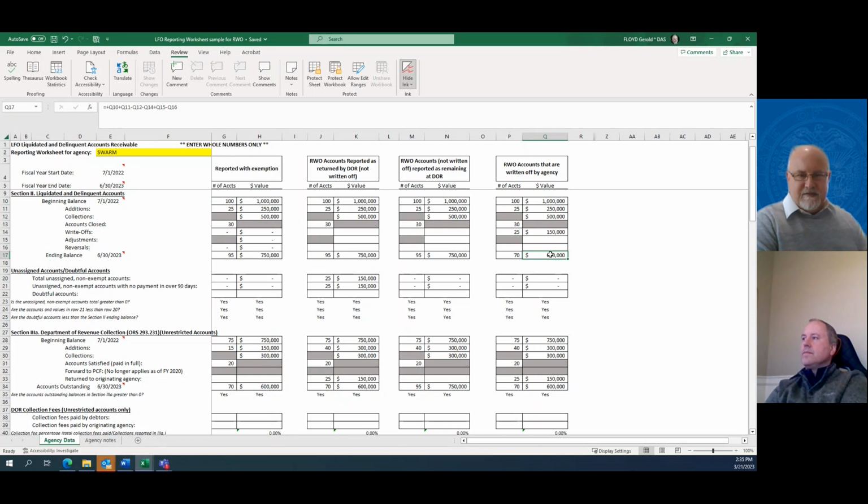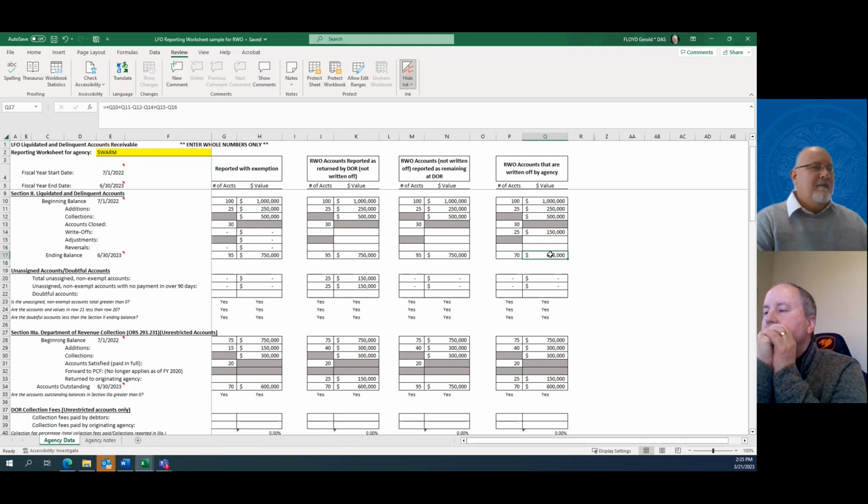For licensing purposes, for example, they need to keep that on their system so that if they reapply for a license, they don't issue a license when they had a previous debt. I know that there are some examples like that. That is why, even though it's in an RWO status at DOR, if you don't show it as being returned, it's now going to match, in this example, your Section 2 ending balance, and you don't have unassigned